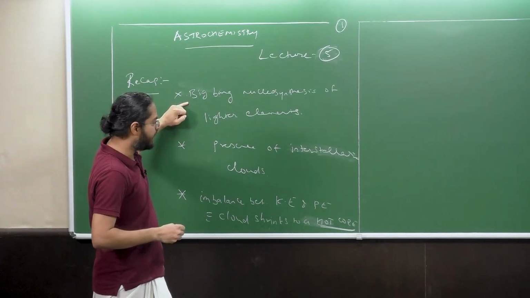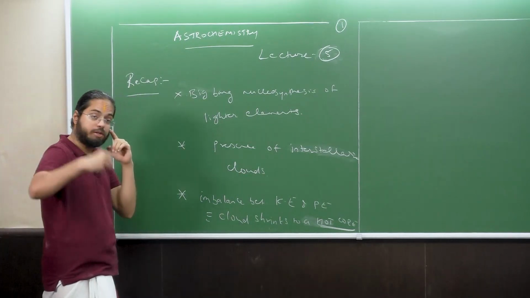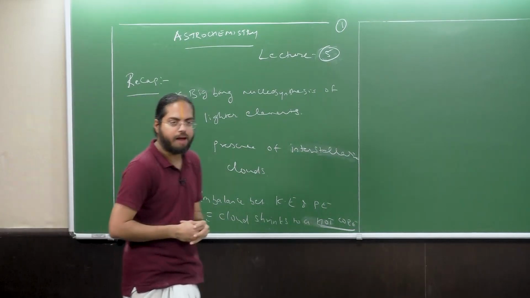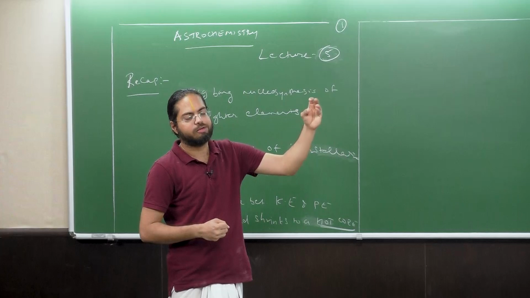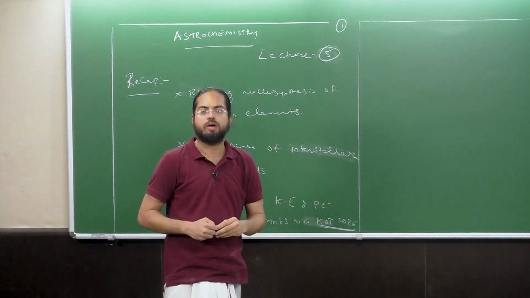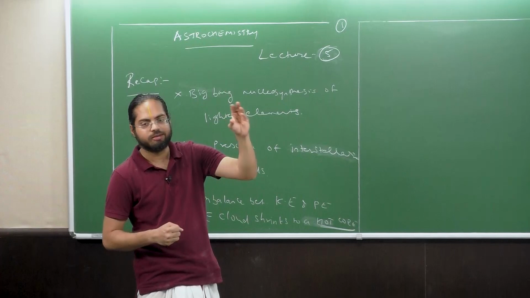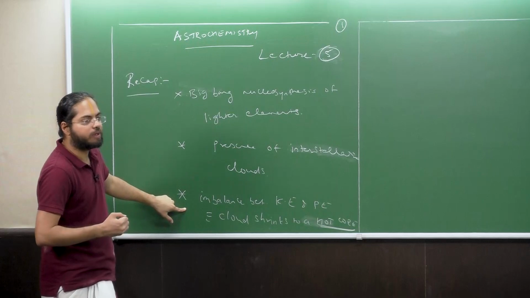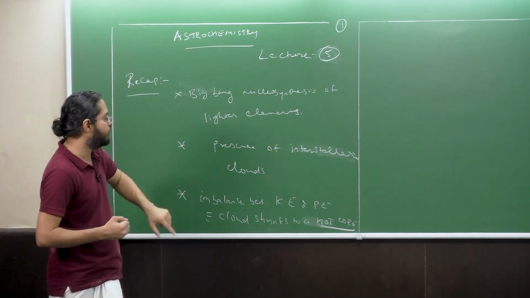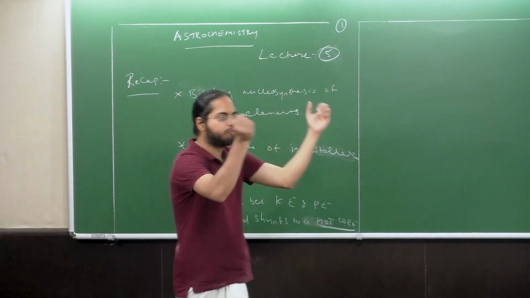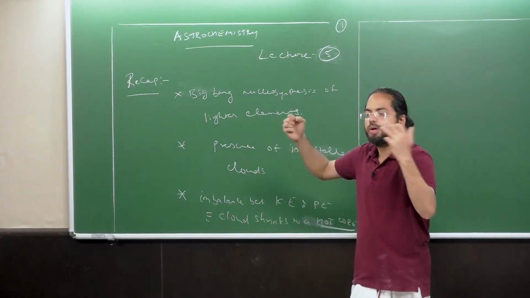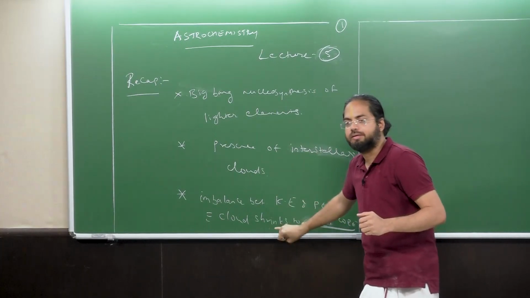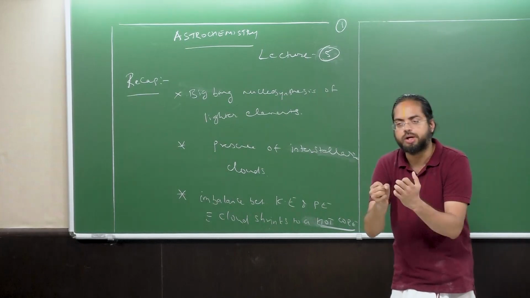We discussed this in the last class, and this was followed by our introduction into what are called interstellar clouds, where these interstellar clouds can have some atoms, elements, molecules, compounds, and some ions as well, along with the presence of various cosmic rays and a stream of electrons. So we stopped the last class by looking into the imbalance between the kinetic energy due to the molecules or the ions of the atoms of an interstellar cloud and the gravitational potential energy holding the cloud together.